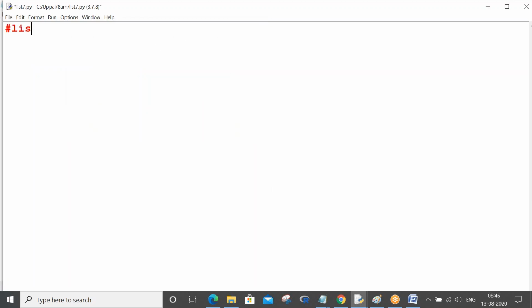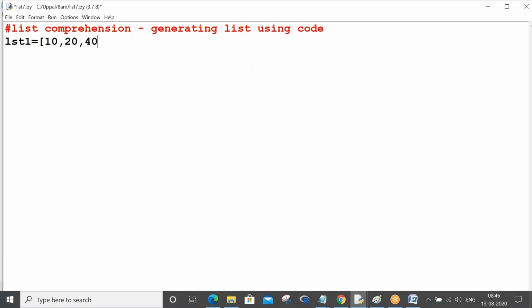You see, list comprehension means generating a list using code. See, lst1 = [10, 20, 30, 40]. What is this? This is not list comprehension.